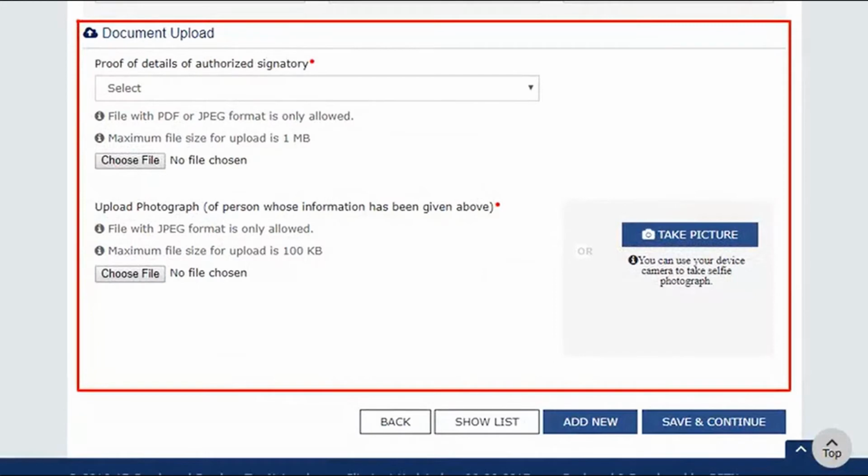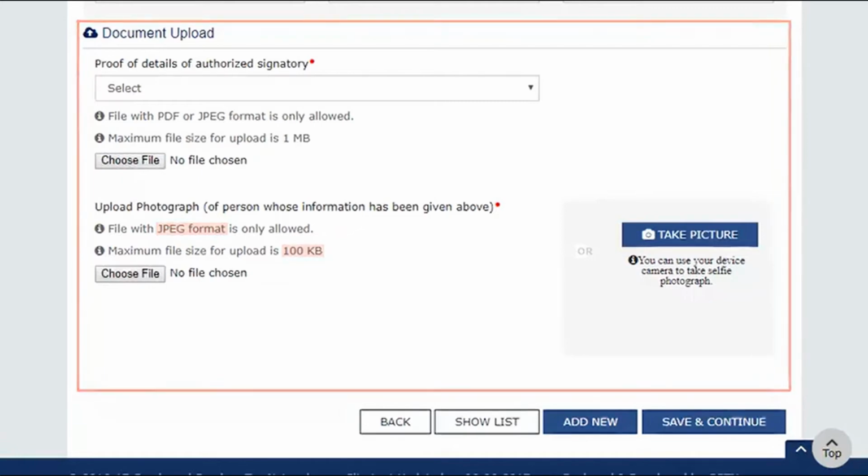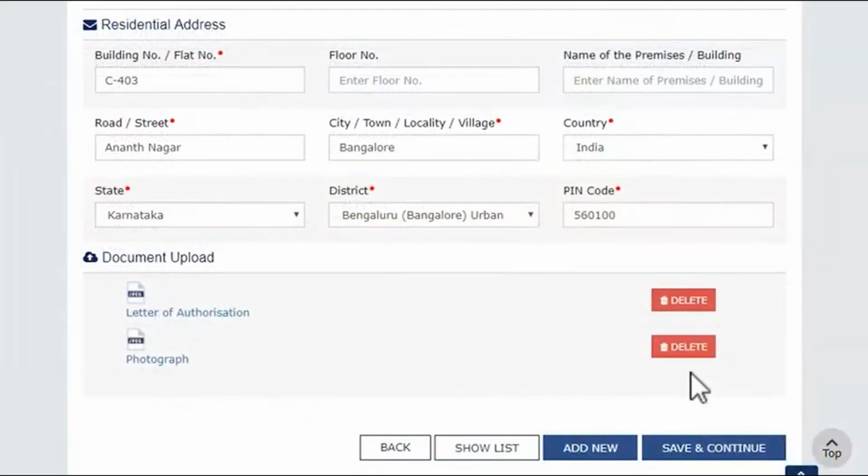Make sure the photograph is in JPEG format and size is less than 100 KB. You can add multiple authorized signatories by clicking the Add New button and adding the details. Click Save and continue to save this information.